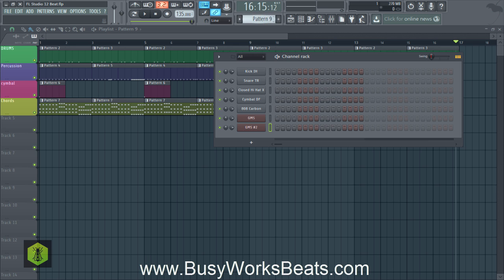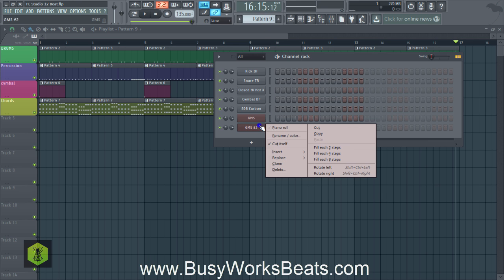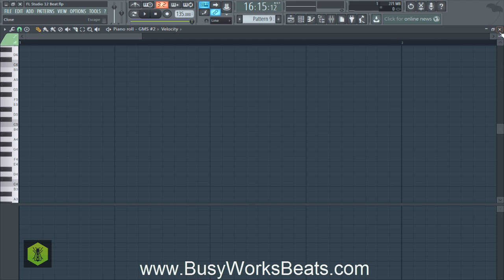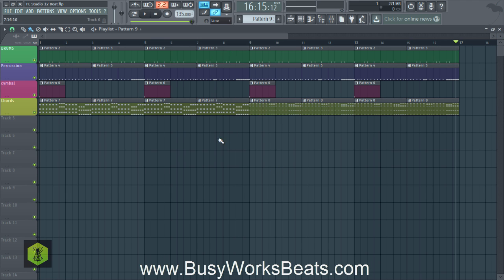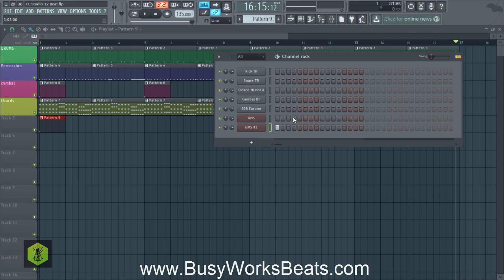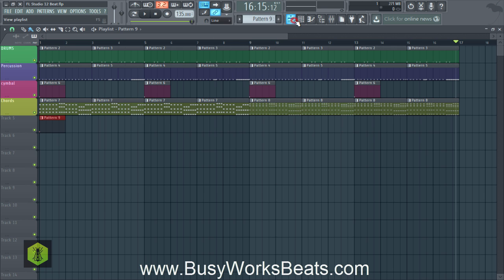So let's go to pattern 9, which is empty, and let's right click, go to piano roll. Now, before I do this, I might have mentioned this before, but I like to hear my stuff in context. So what you want to do is hit the playlist button, and you just want to left click the empty pattern 9. If you don't find an empty pattern 9, simply go back to the channel rack and just add a note in there just to activate the pattern. Okay, then you want to go to your playlist button. You can either right click this image and go to pattern 9, or you can just left click when you have pattern 9 activated.